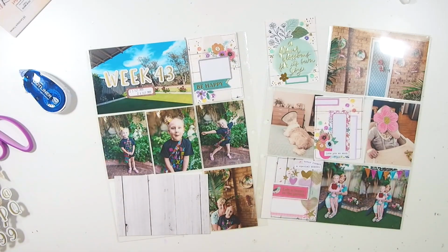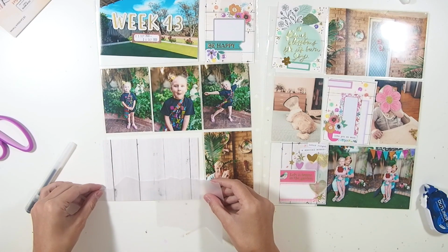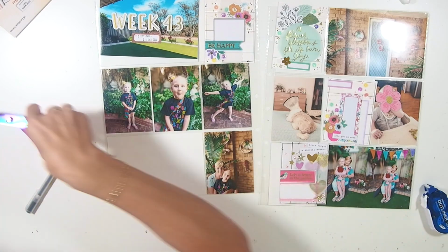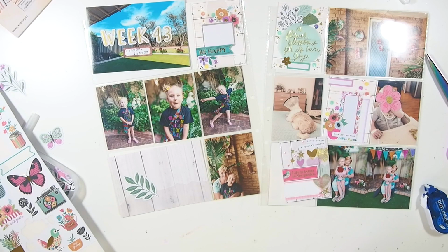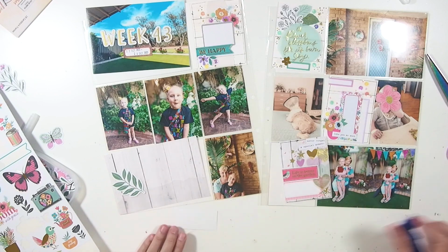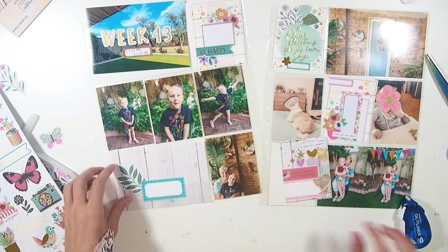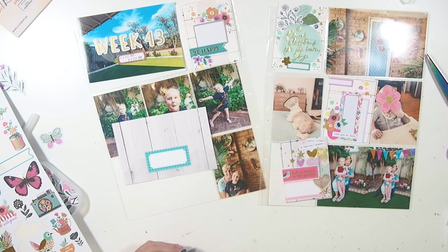So I, of course, used some of the cards that I made in the video last week, and I am also doing this large 4x6 card, and I am essentially doing exactly the same thing as what I did last week, except I'm doing it in a 4x6 format. So adding some vellum, adding some leaves, adding this label because the label matched the colors of the layout. So I've got lots of greens and teals and pinks in this layout,